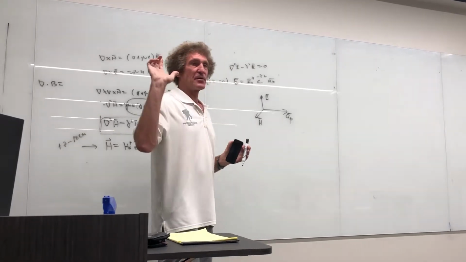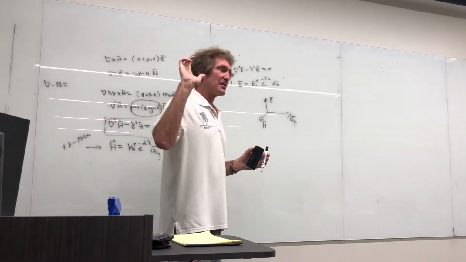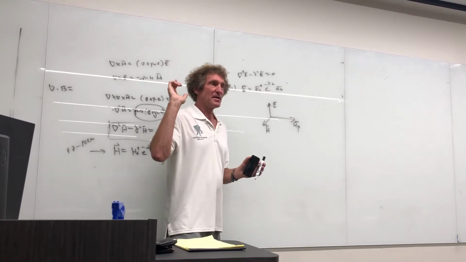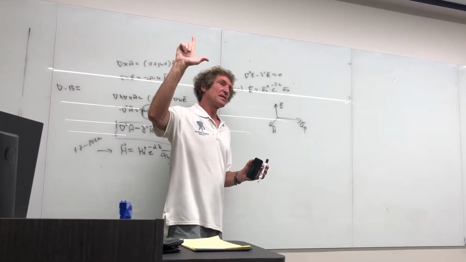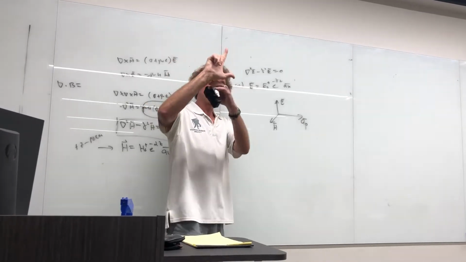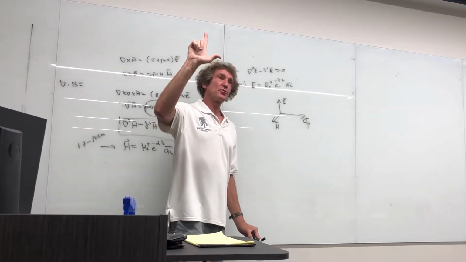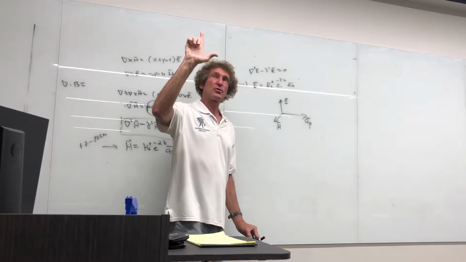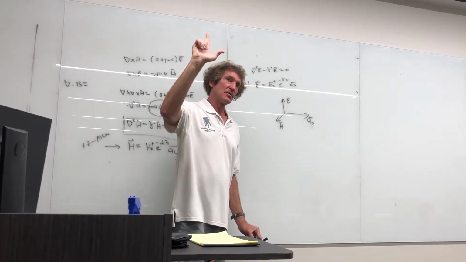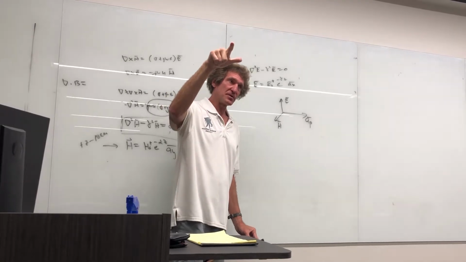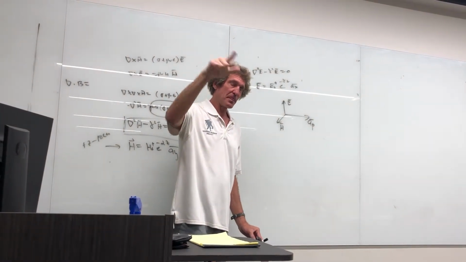And you use your right hand to get this all the time. This is something you get used to. Take your right hand, put your index finger in the direction of the electric field, and then use that as a hinge where your thumb is, and in the shortest angle, just curl or use the wiper arm and wipe it into the H field. So E crossed H, your thumb points in the direction of propagation. You follow me on that? Furthermore,